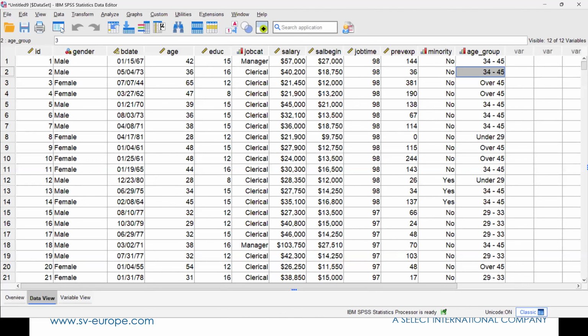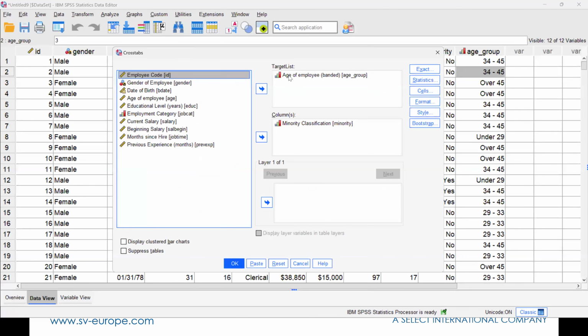And we could do the same thing. We could look at, say, the relationship between gender. We could do gender here against age of employee. Click OK. Maybe there's a difference there. Look,